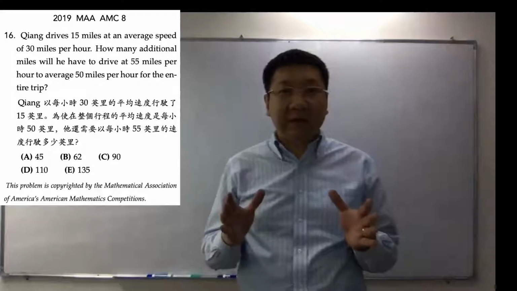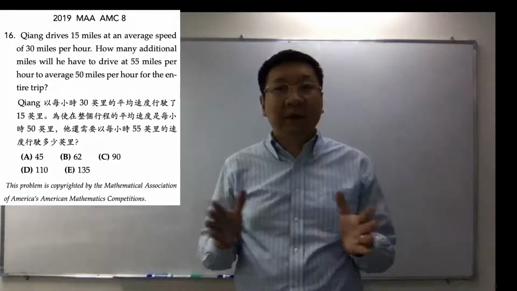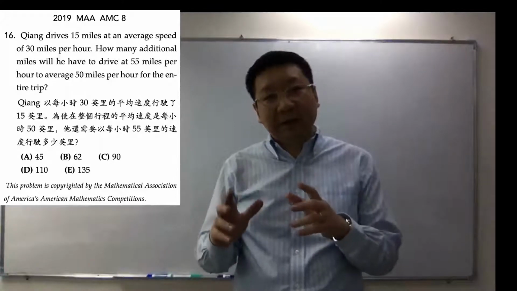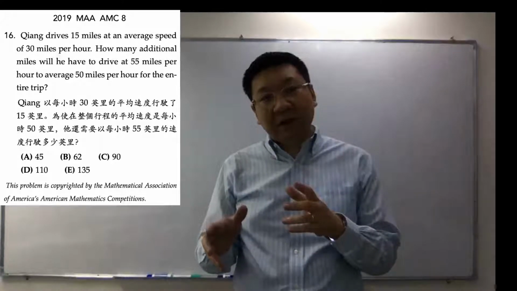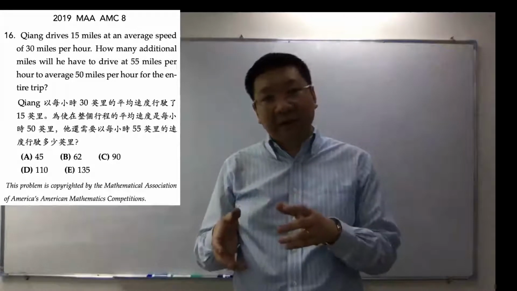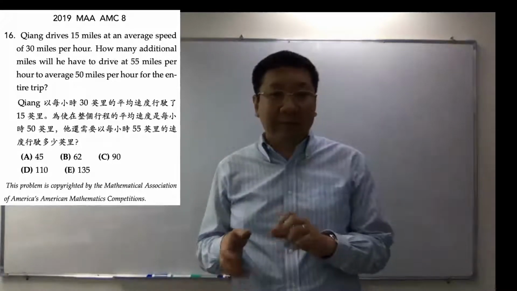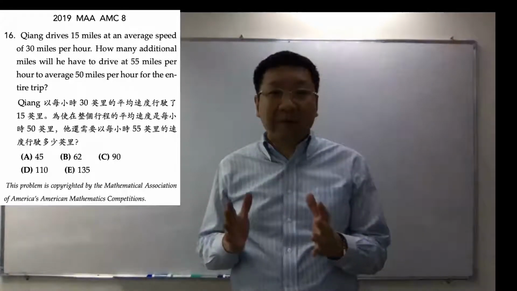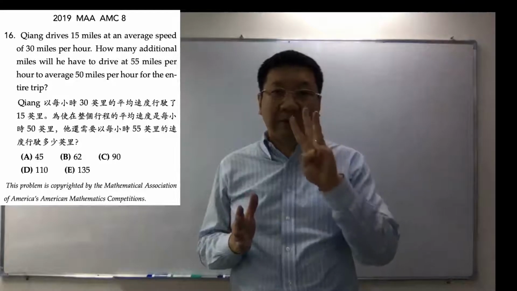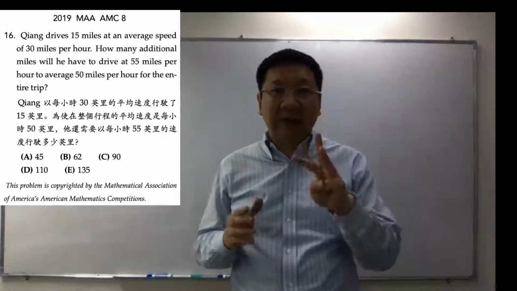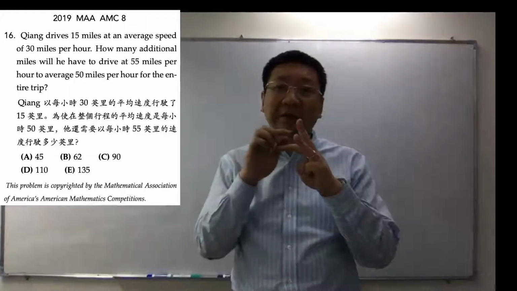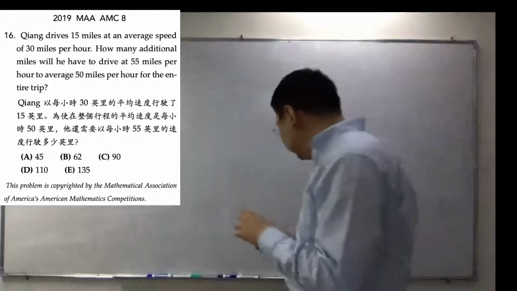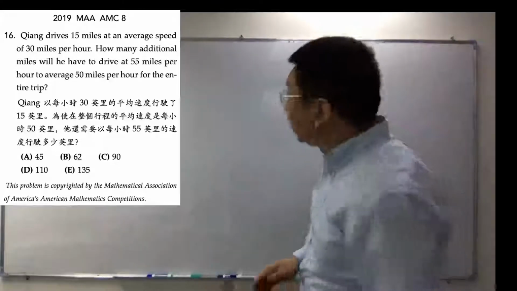Question 16 is a speed distance problem. And the thing that makes it a little bit difficult is it also talks about the average speed. So it mingles with the average problem. And for the speed problem, what is the basic formula? You should remember that there are 3 basic things when we talk about speed. Speed, by definition, is the distance traveled divided by the time spent. To write this formula shortly would be